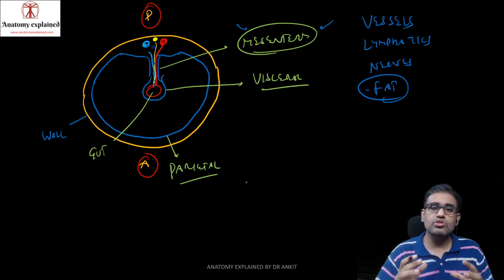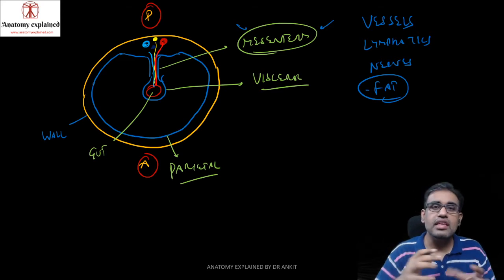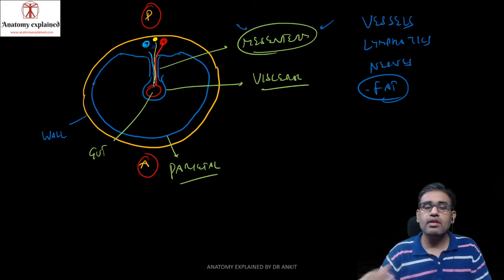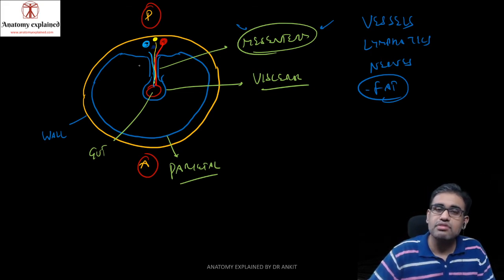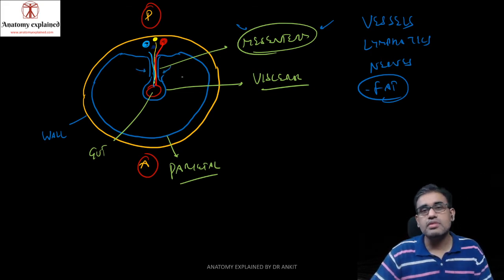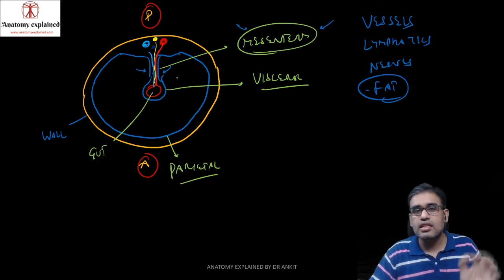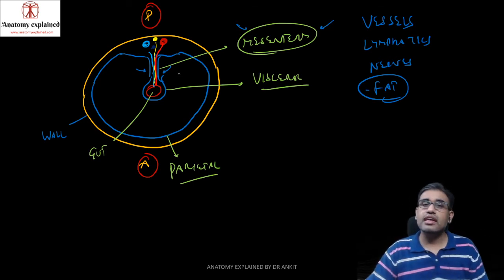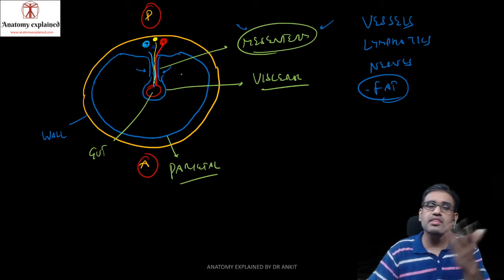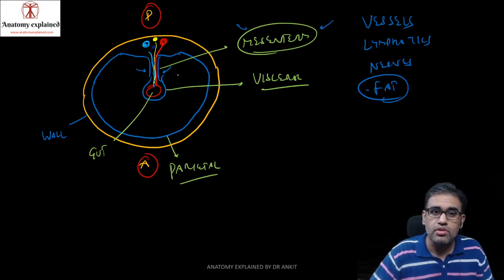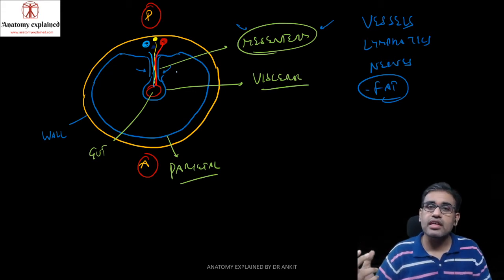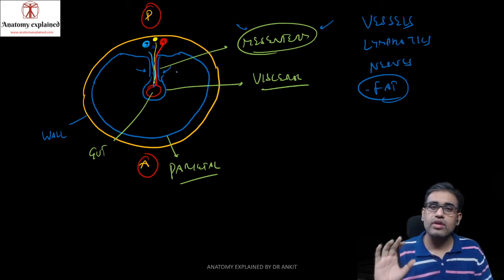Just to support them, so that when they move, their vessels don't entangle with each other. So a normal, safe, secured passage is formed by this mesentery, so that these vessels, the nerves, and the lymphatics can easily pass without the risk of being entangled with the adjacent vessels, because there are millions and trillions of capillaries in the vessels which are running, but this mesentery helps us out.